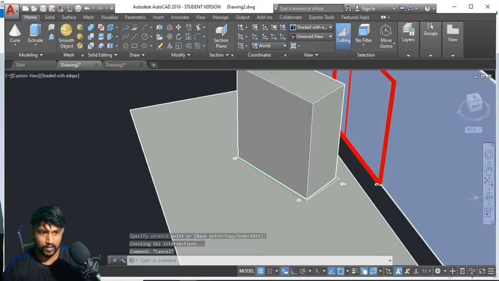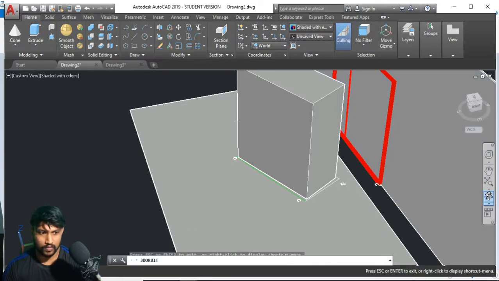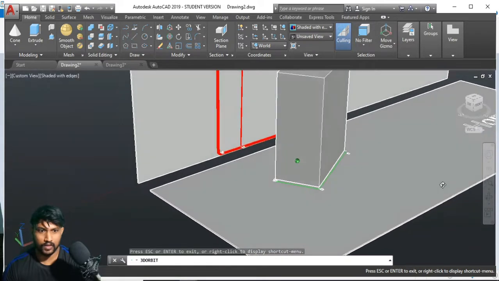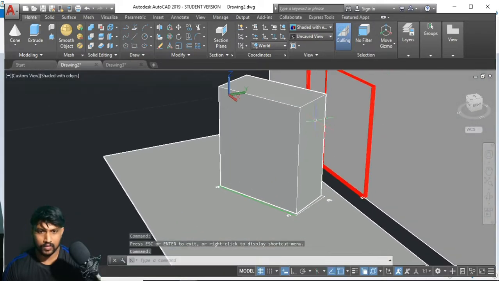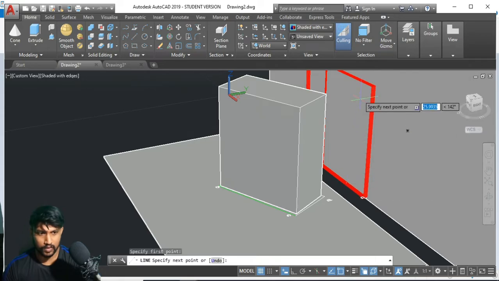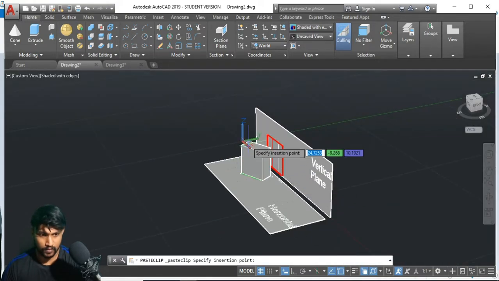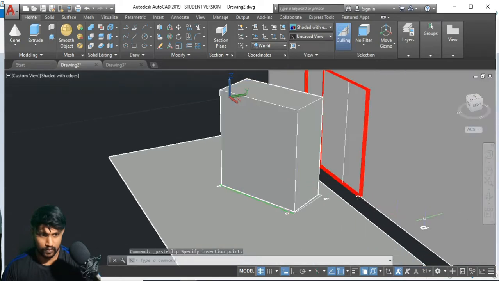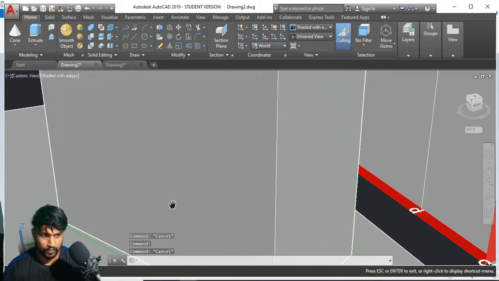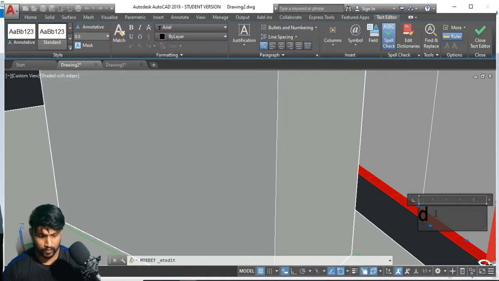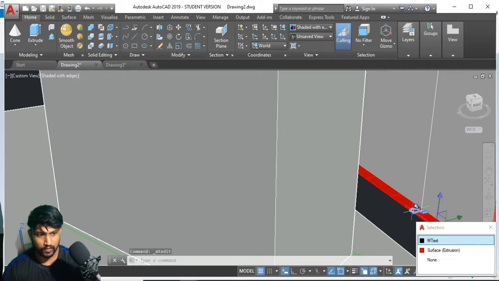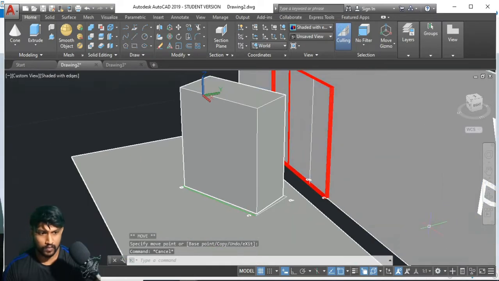Okay, guys, D dash will be here. It will be a dotted line. So I'm just going to represent this one with a straight line here. This one is a hidden line. C dash.